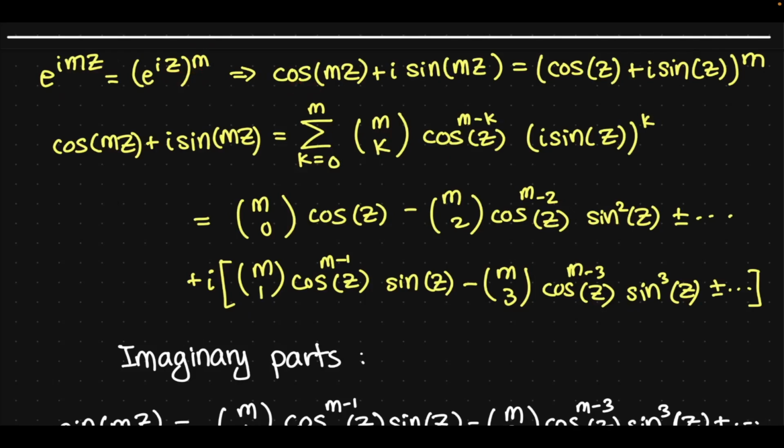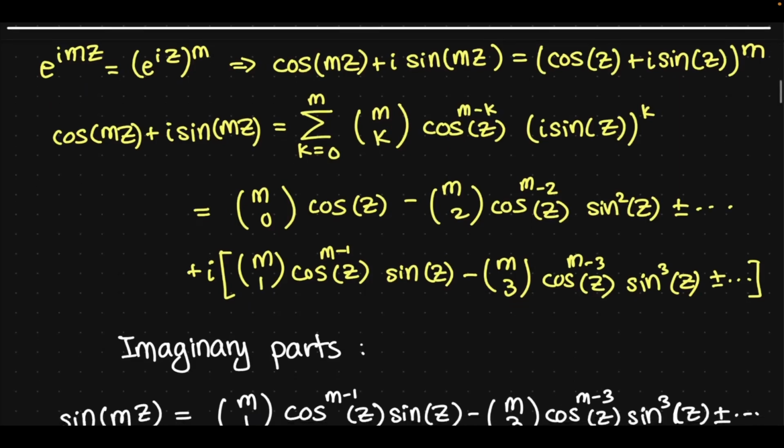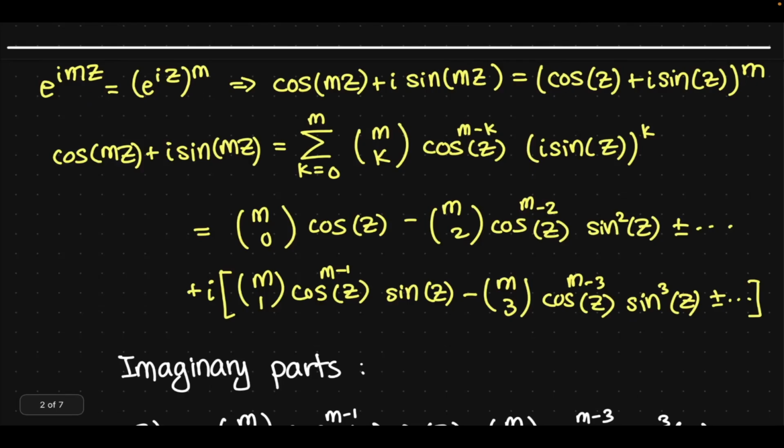it has very nice consequences in the sense that if you write the exponential in terms of its cosine and sine equivalent using Euler's formula, you end up with cosine of mz plus i times sine of mz equals cosine z plus i sine z, the whole thing to the mth power. Now cosine mz plus i sine mz, which is the left hand side, equals the right hand side, and we can expand the right hand side using